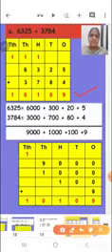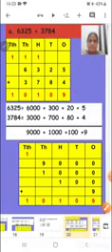Children, after this step, we have to find the sum using expanded form. So first let us expand the number. The expanded form is quite easy. The expanded form of 6325 is 6000 plus 300 plus 20 plus 5. And the expanded form of 3784 is 3000 plus 700 plus 80 plus 4. After finding the expanded form, we have to add the numbers.